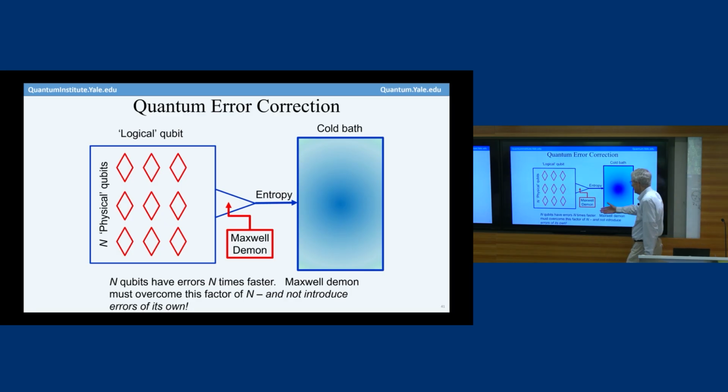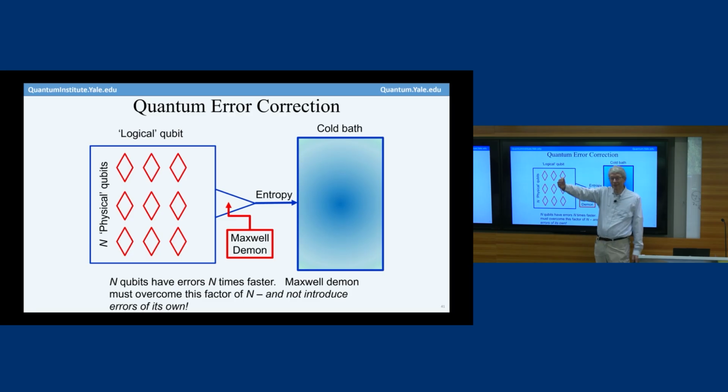And we talked about this in the classical case. If you have n qubits, each one is having errors. So the error rate, first thing that happens is the error rate goes up by a factor of n. You take a giant step backwards. There are now many more errors than when you just had one qubit. So they're paying a big price. And the Maxwell daemon has to be so fast and clever and accurate and looking for the errors and getting rid of them that it overcomes that factor of n